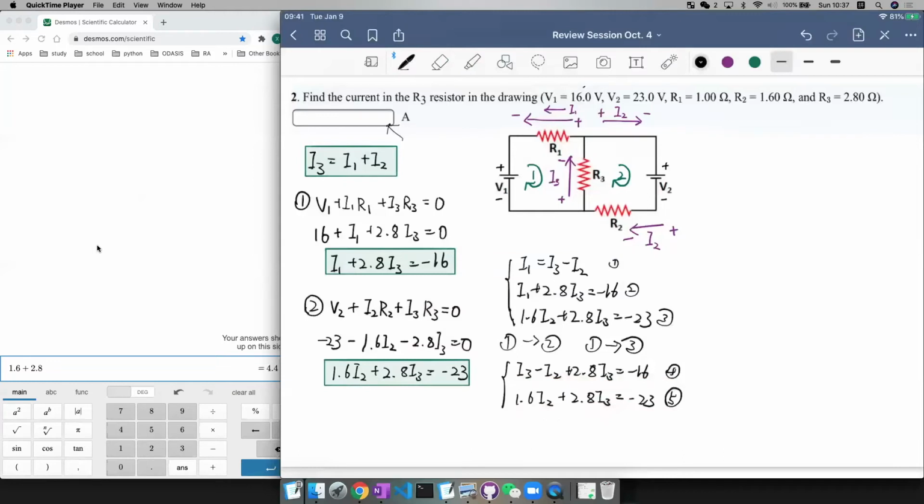Yeah, that's right. And then, since we are looking for I3, the math is kind of easier than when we are looking for I1 and I2. It's much easier. So it's negative I2 plus 3.8 I3 equals negative 16. And then 1.6 I2 plus, this is much easier. So now let's derive the variable I2 from equation 6. We have I2 equals